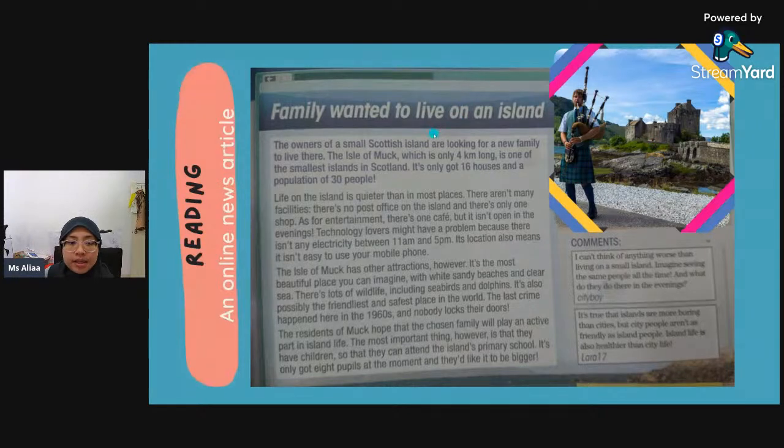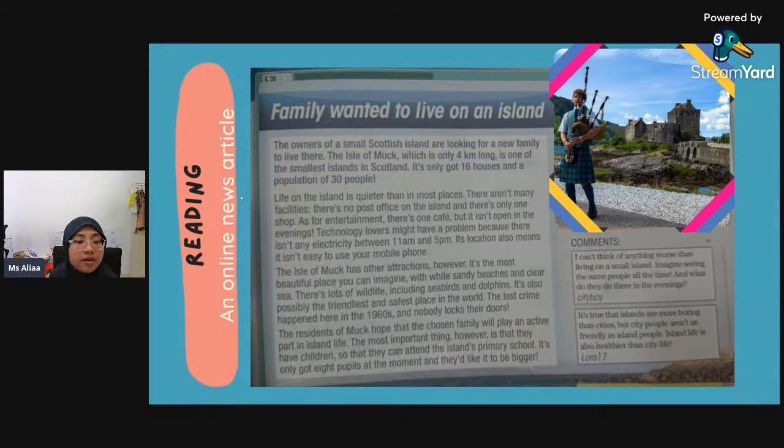Okay, now let's read the article here. The owners of a small Scottish island are looking for a new family to live there. The Isle of Muck, which is only 4 kilometers long, is one of the smallest islands in Scotland. It's only got 16 houses and population of 30 people.